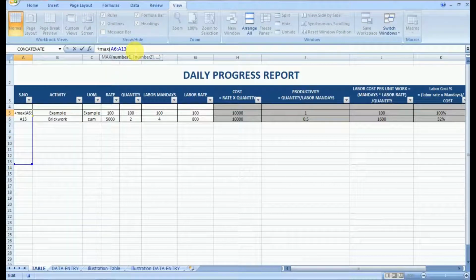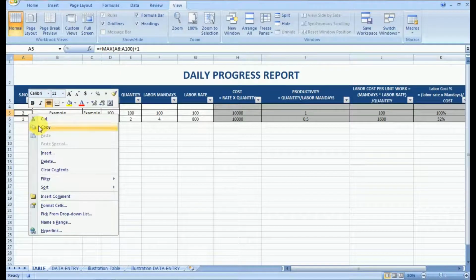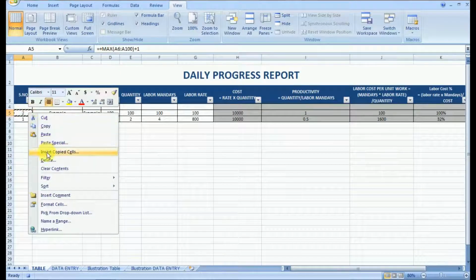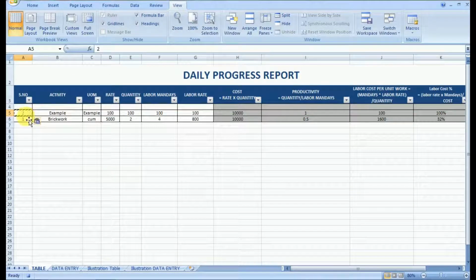So we will use a maximum formula up to 100, considering that 100 activities or entries will be there, and then we will add 1 so that we get the maximum value plus 1, and then we will copy it and paste it as a value. So no changes will be made while we are sorting it. This is very important, that we paste it as a value.